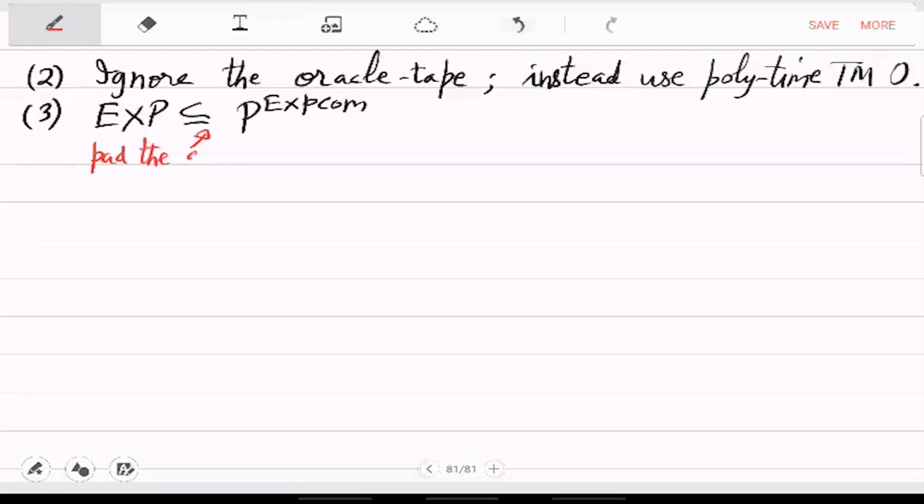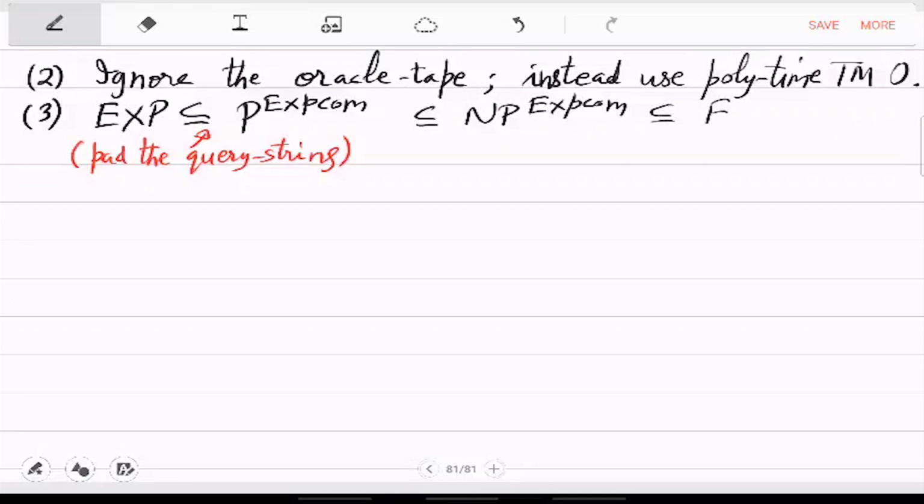You could pad the query string. That's just a small point that you should use in this containment. This is automatically, trivially inside NP to the EXP-complete oracle, because P is in NP,